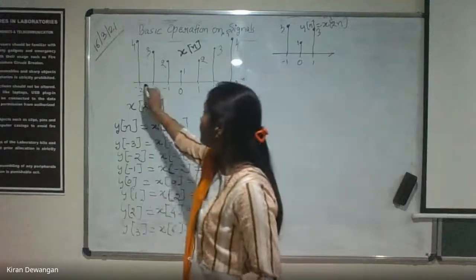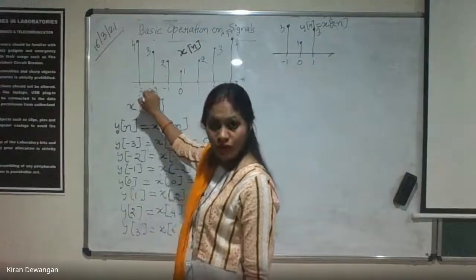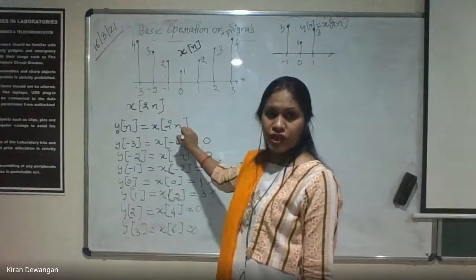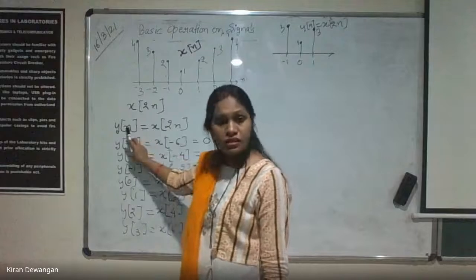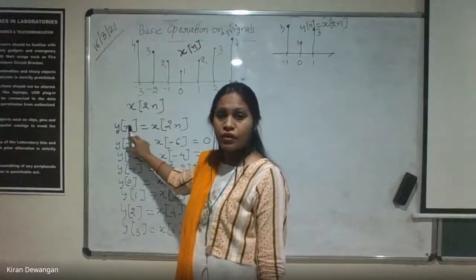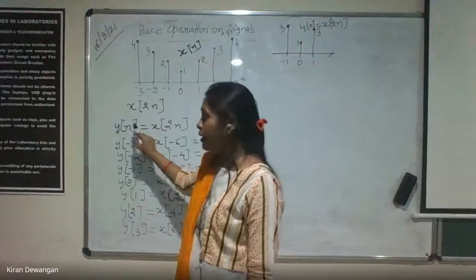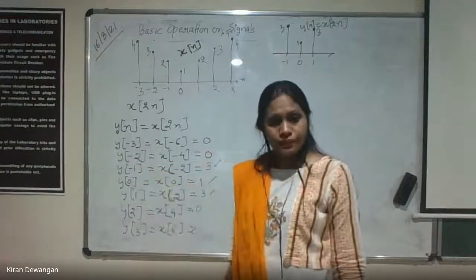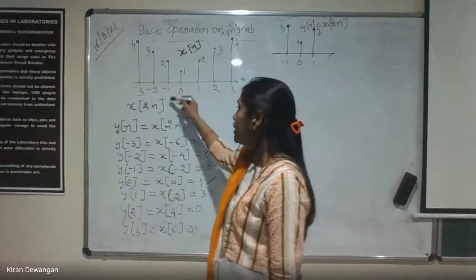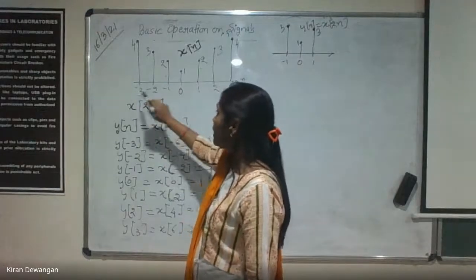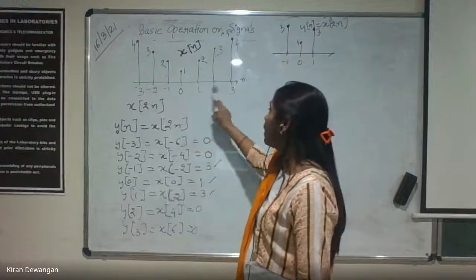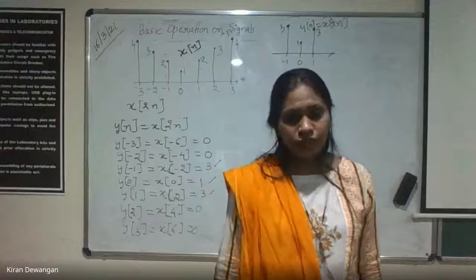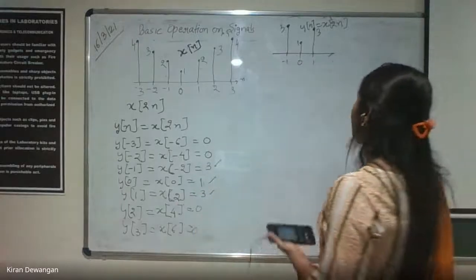क्योंकि अगर हमें ये वाला वैल्यू प्लॉट करना है, x of -3 प्लॉट करना है, तो हमें n को -3/2 लेना पड़ेगा. And y of -3/2 is not possible. We cannot plot for y of -3/2. We can plot for y of -3, -2, -1. Clear? So that is the reason that we cannot have x of -3, x of -1, 1 and 3. These values will be completely skipped. ठीक है?